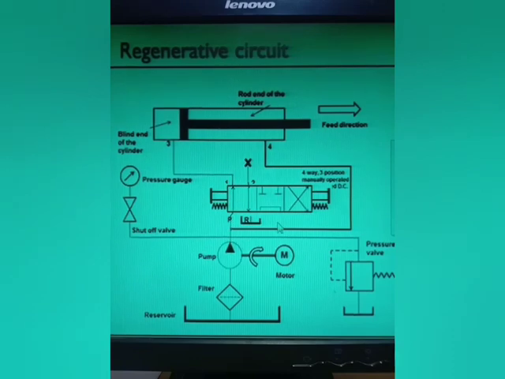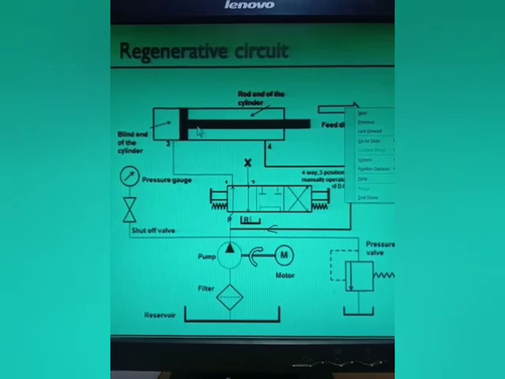So what is happening? I am adding this additional oil to the actuator, coming from the other end of the actuator. Due to this, what happens? More oil will go to the actuator, and as more oil goes to the actuator, the forward or extension speed of the actuator will be higher, and the oil will not go to the reservoir. So you understand the first position, right?